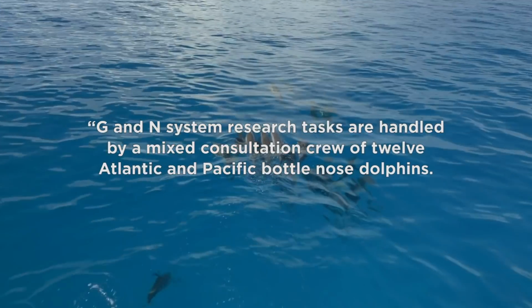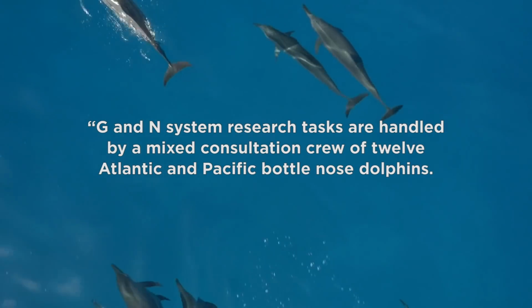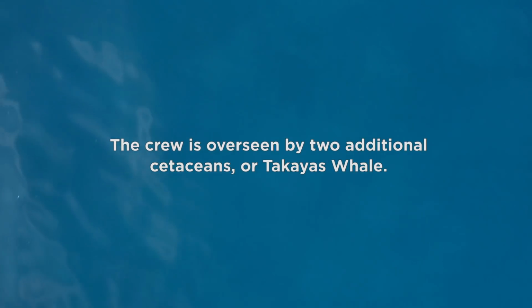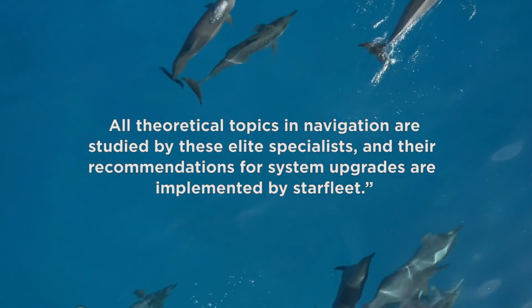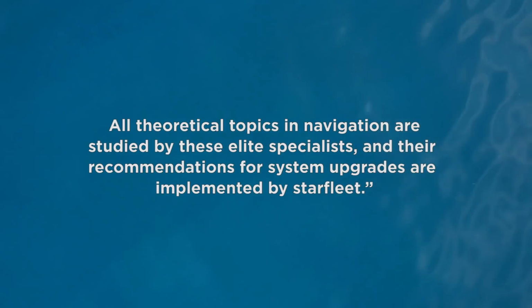Listen to the following excerpt from the technical manual. G and N system research tasks are handled by a mixed consultation crew of 12 Atlantic and Pacific bottlenose dolphins. The crew is overseen by 2 additional Cetaceans or Takaya's whales. All theoretical topics in navigation are studied by these elite specialists, and their recommendations for system-wide upgrades are implemented by